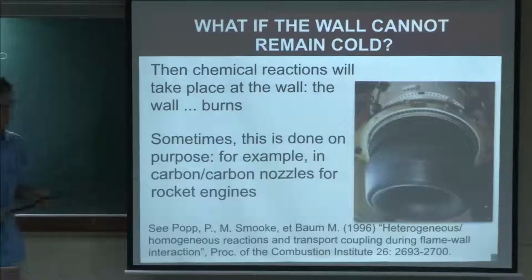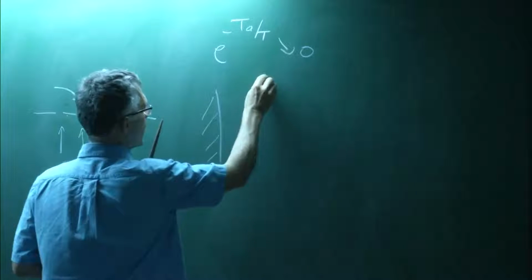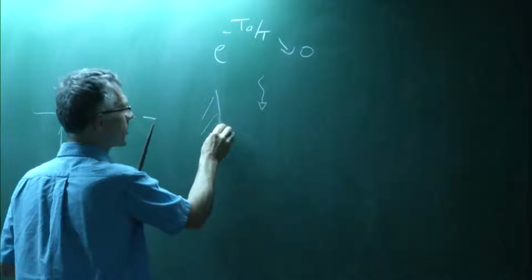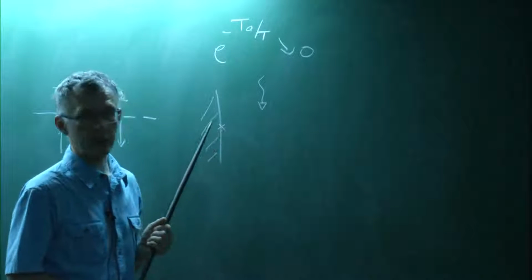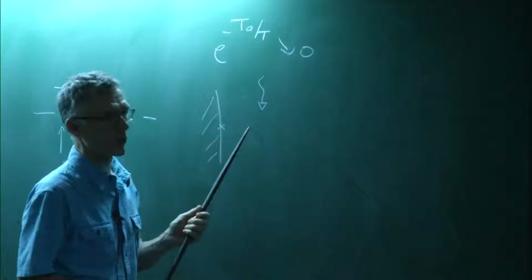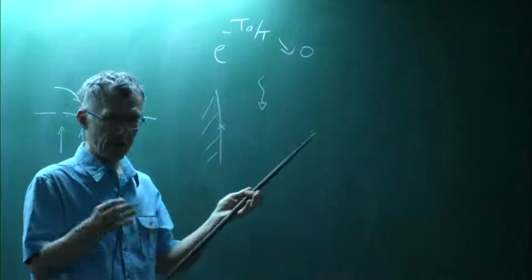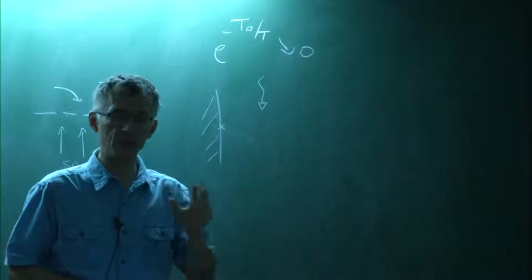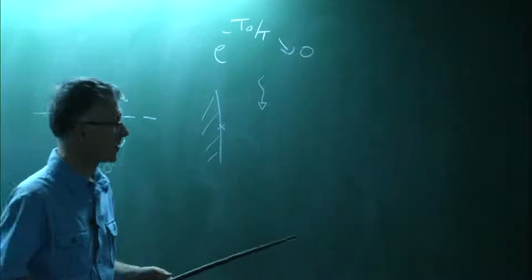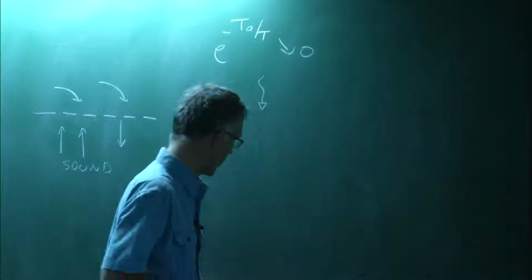And in that case, you need to do two things. If you want to study this problem, if you have a wall like this, and you have here very hot gases, and you know the temperature here is going to go up. At some point, you need to worry about catalytic reactions on the wall. In other words, you need to define not gaseous reactions in a gas, but you need to start describing surface reactions, because this is where combustion will start taking place. And this is described, for example, in this paper. Some of you really need to do that.